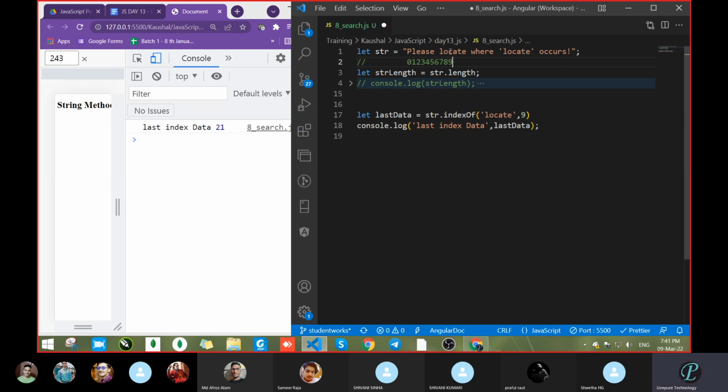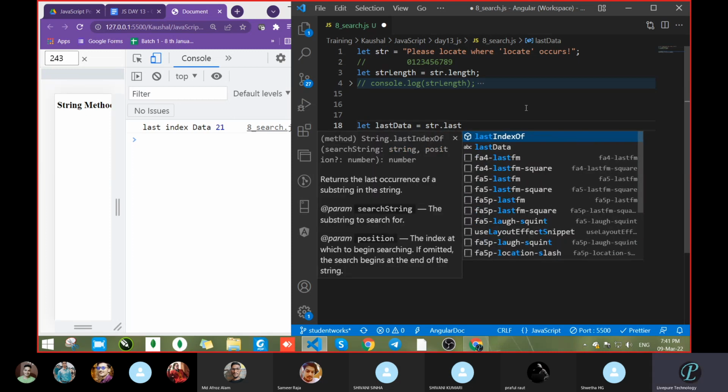So it started searching from here, and where did it get it? It got this one. That's why it is returning 21. If you do lastIndexOf, then you will get the same value, 21. Everyone got it or not? It means it will search after 9, not before 9.